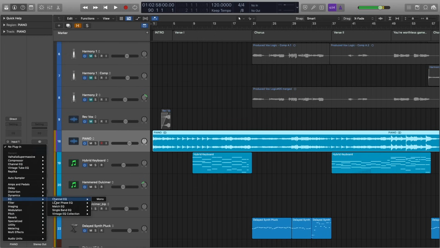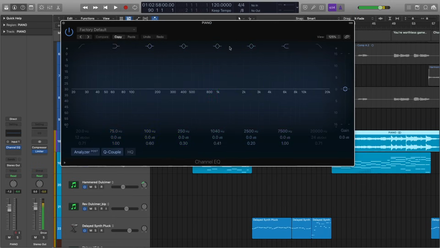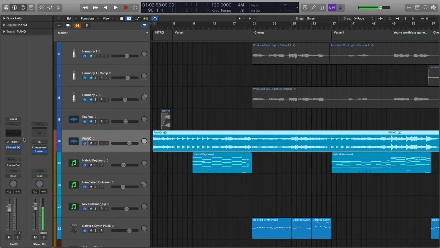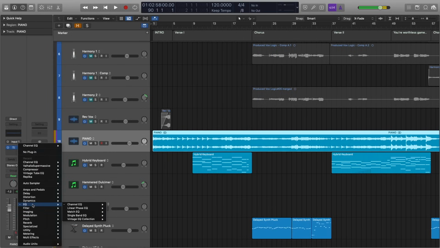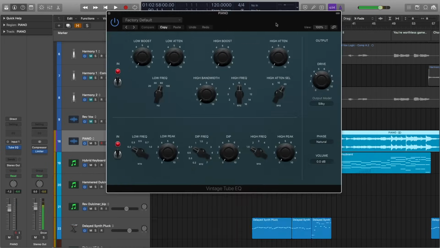Everyone's used to seeing this channel EQ strip, right? The one that we've all come to see and love. And you see these in all the videos. But what about the fact that if you go down here, you have the vintage EQ collection. This vintage tube EQ is super good. Seriously, just use it. I use it primarily for boosting frequencies, not removing them,